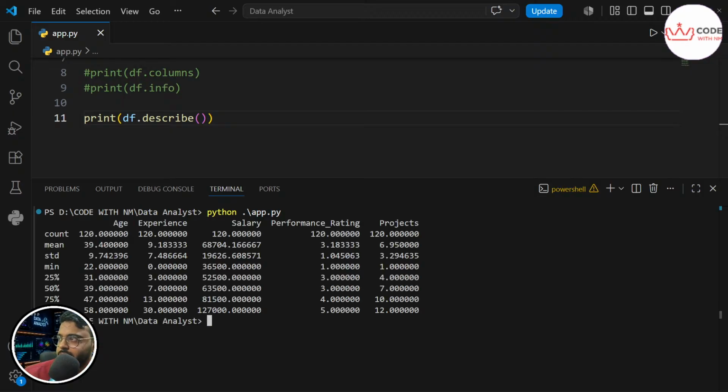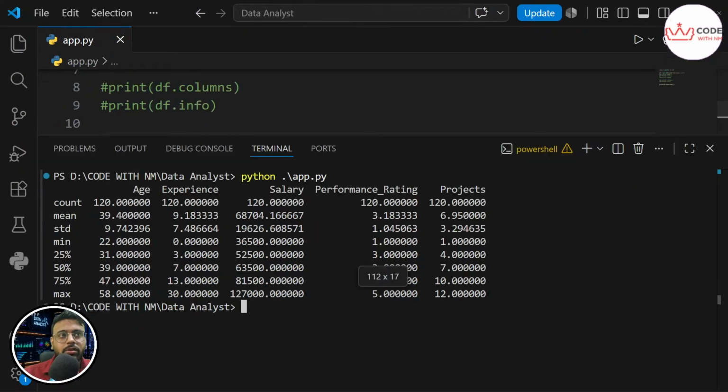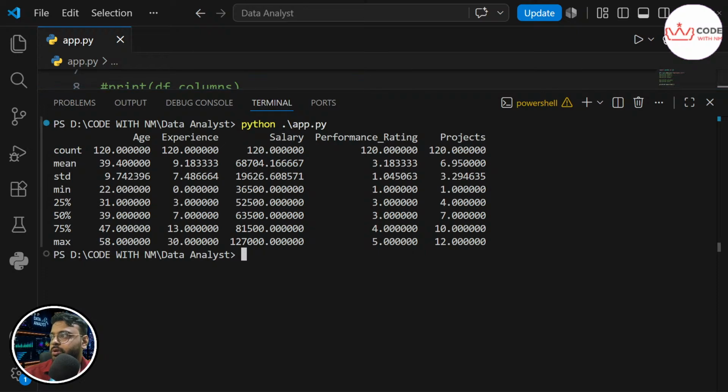So you can see it does count. Let me zoom in so it is visible to you all. The count is 120, of course, because we have 120 rows.